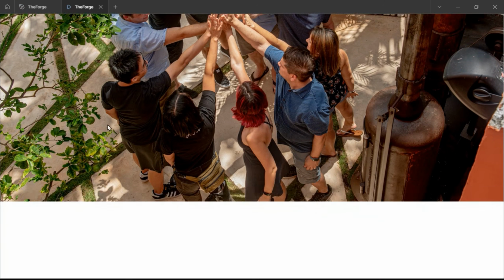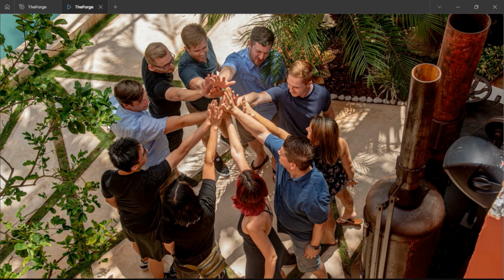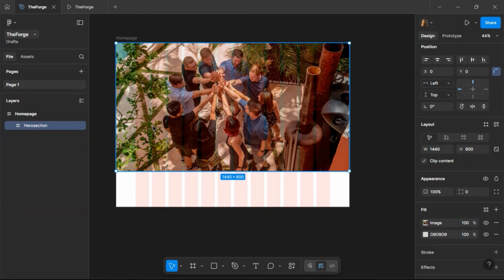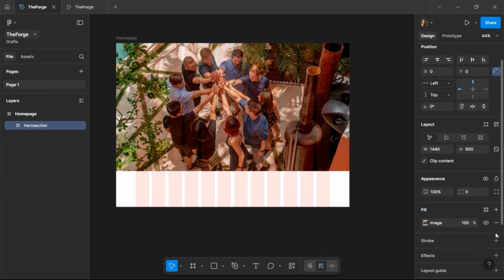Ooh! I think I'm loving the vibe, but this is too sharp for the hero image. I feel like I'll need to add some overlay on it, so I'm quickly going to do that. To add an overlay, I'm going to double click it a couple of times, and then I'm going to remove this. This is where we are going to edit the whole overlay. I want to add a little